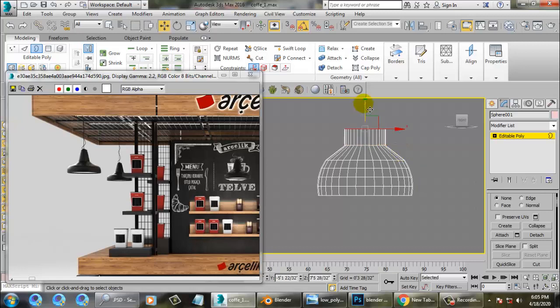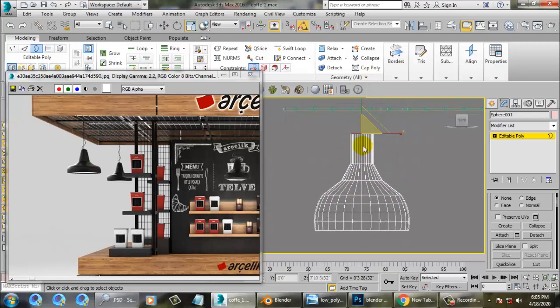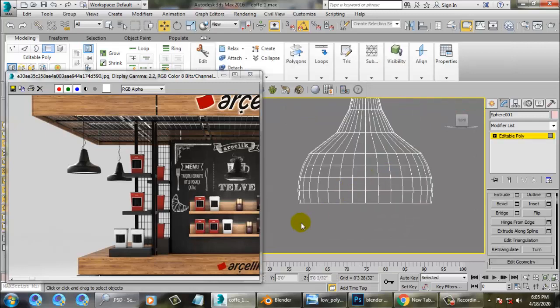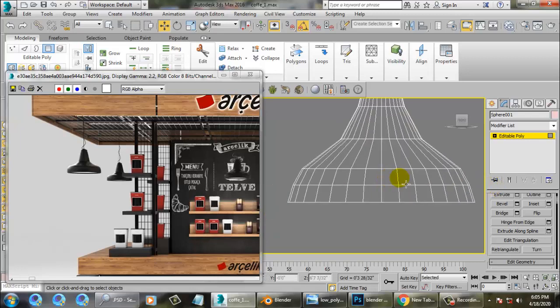Again shift and drag, R and scale it. If you need to delete more from the bottom, you can just delete it. Much better.